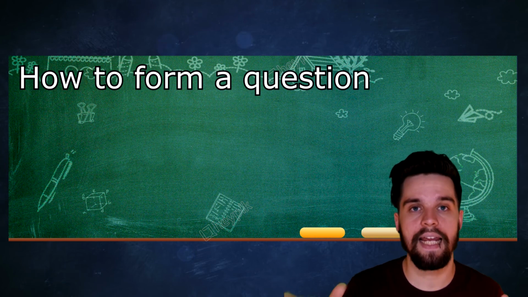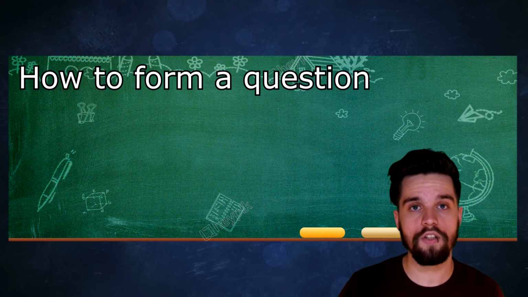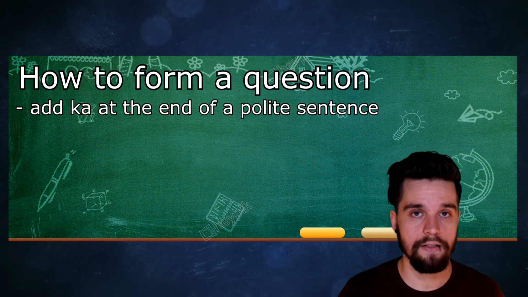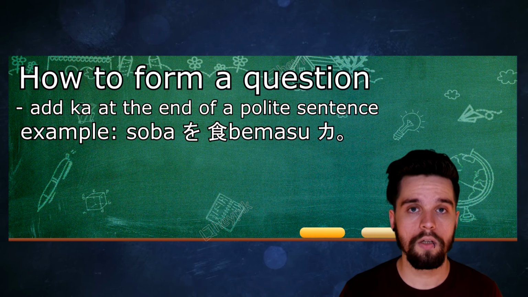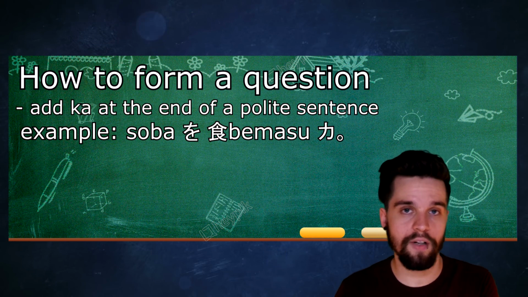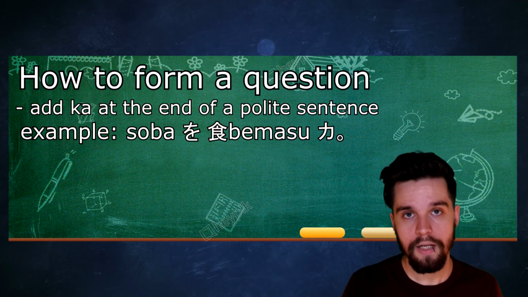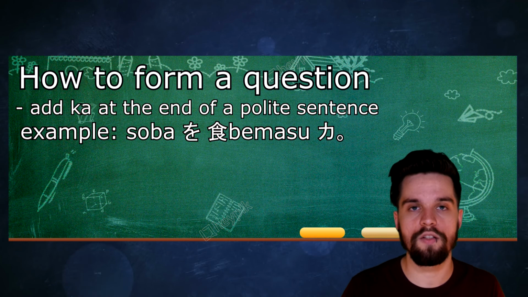If you have a sentence that ends in a verb and you want to make this sentence into a question, you just add ka at the end. For example, soba o tabemasu ka? Now instead of "you eat soba", it means "do you eat soba?" Keep in mind this is the polite form because of mas and because of ka, which is usually only used